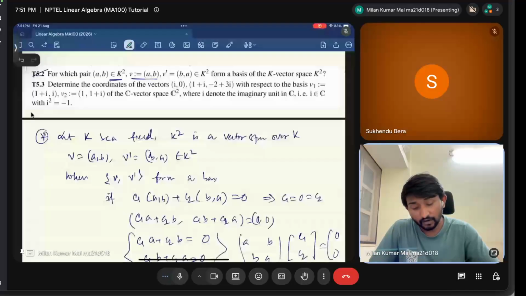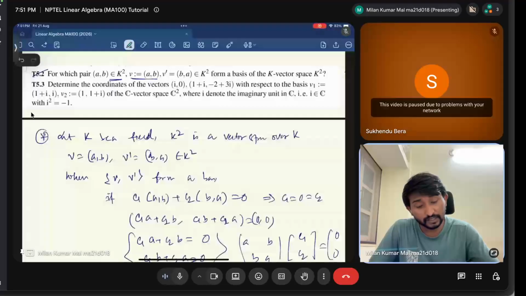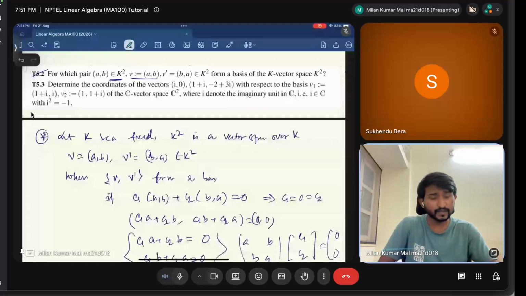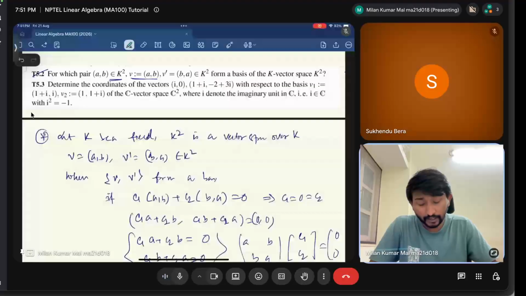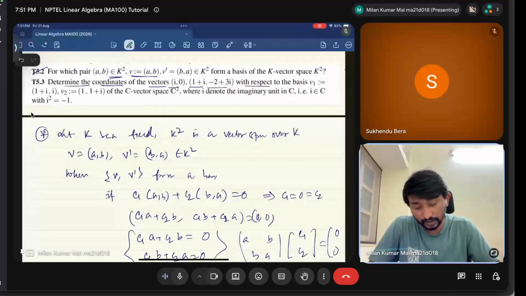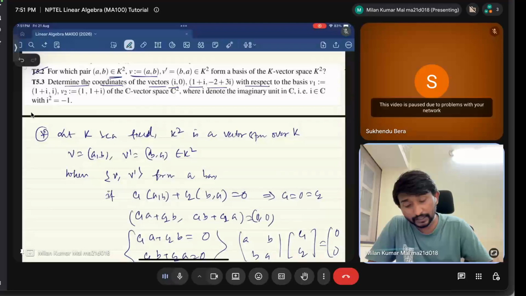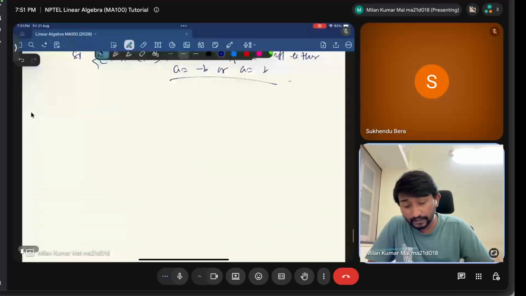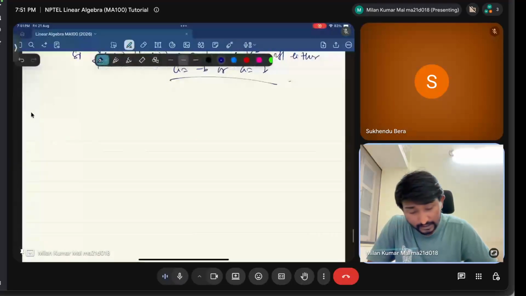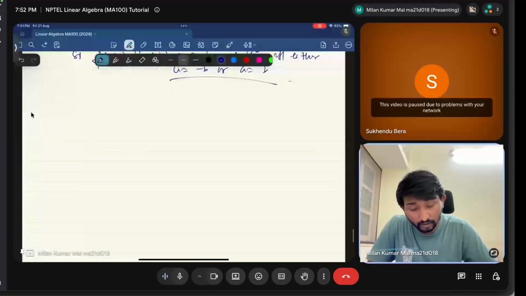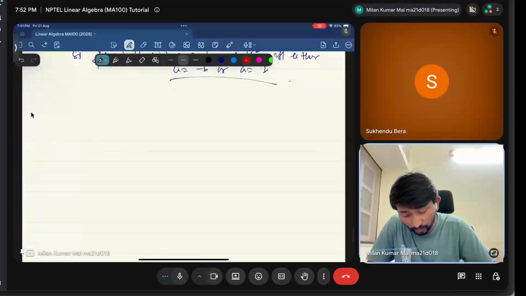That is, determine the coordinates of the vectors I, 0 and 1 plus I, this is with respect to the basis. Okay, this is very interesting. Determine the coordinates of the vectors this and this with respect to the basis v1 equal to this and v2 equal to this of the vector space C square, where I denotes the imaginary number. So what is the task? The task is that we have to find the coordinates of I, 0, 1 plus I comma 0, and 1 plus I comma minus 2 plus 3I